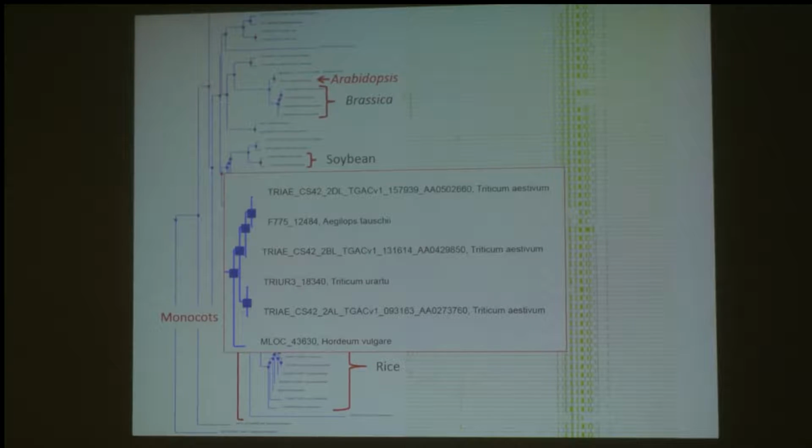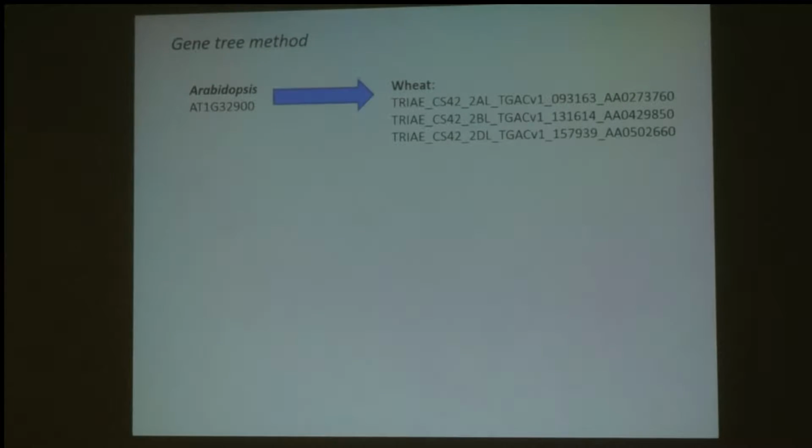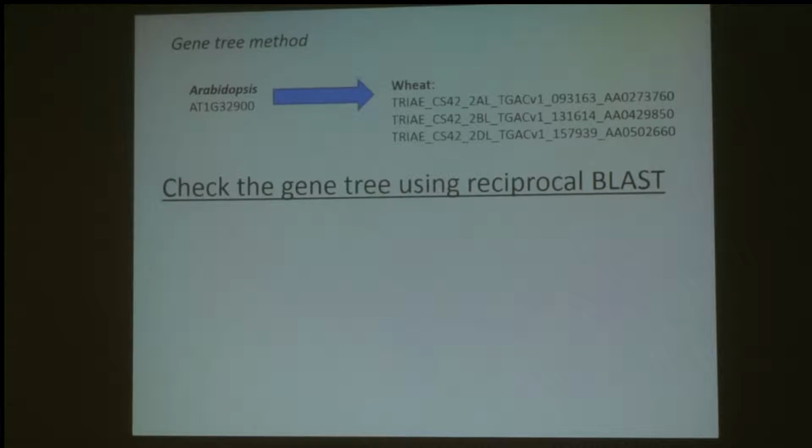So you can easily tell you've got the 2DL, the 2BL, and the 2AL homologs of this gene in this gene tree. So this gene tree has enabled us to go very rapidly from an Arabidopsis gene to find the 3 wheat orthologs. But one thing to say is that these gene trees can't always be perfect, so it's important to check that the gene you found, which you think is the ortholog, really is the ortholog using a reciprocal blast technique. So you do a reciprocal blast using the coding sequence of your Arabidopsis gene, and